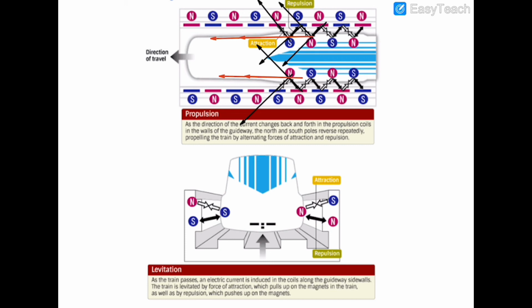So this was the complete knowledge of the maglev trains, and these trains are the future of our world, and they are very important because, as I've already discussed, there is no loss of energy in these trains because there is no friction, and there is a possibility of achieving very high speeds, almost equal to 1600 kilometers per hour, because there is no friction and no opposing force apart from air. Obviously we cannot neglect it. So this is the maglev train.